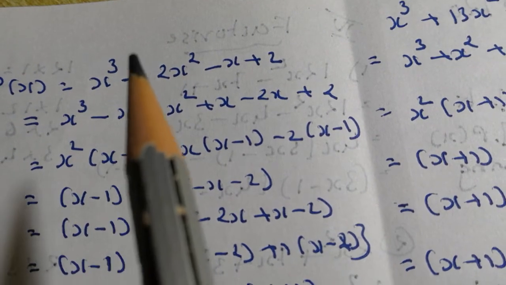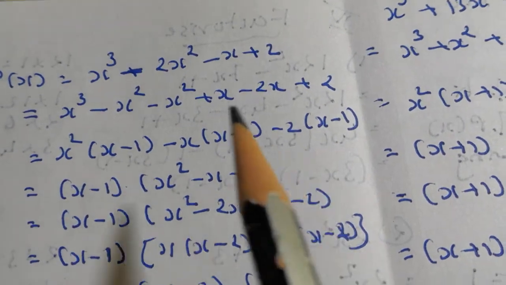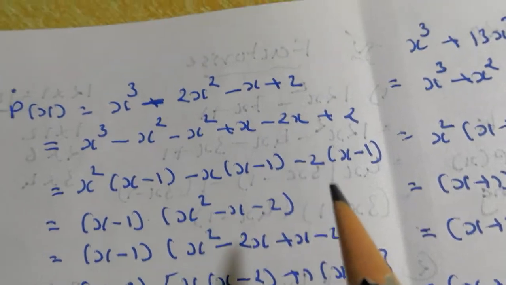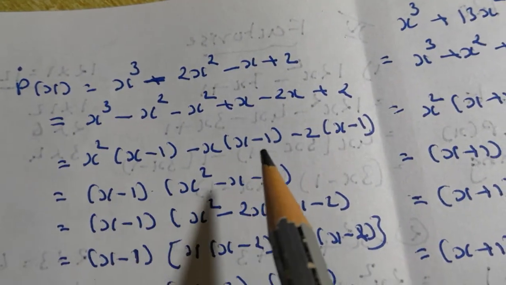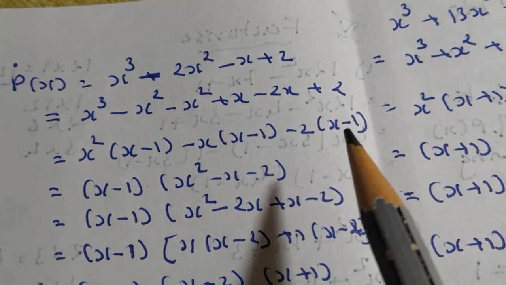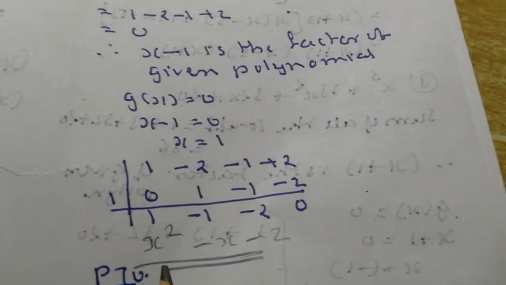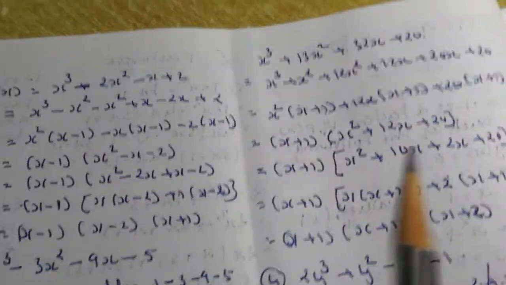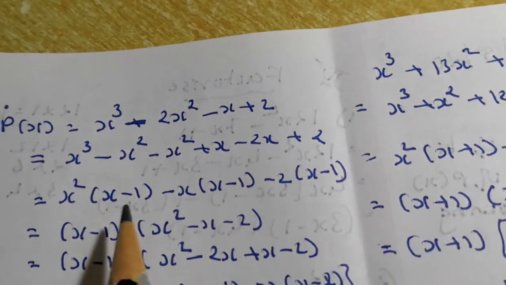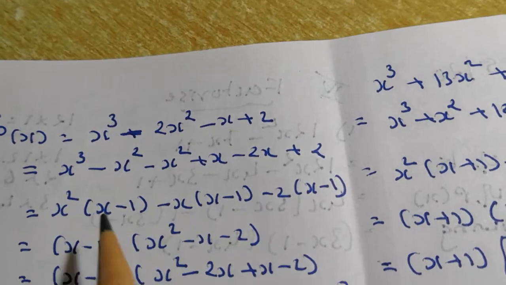Okay, as there were 4 terms, I have to write it 3 times. If there are 5 terms, you have to write it 4 times. So x minus 1 into x minus 1 into x minus 1. Before, I have shown you, I have written over here x square minus x minus 2. So I am going to multiply this bracket by that number, that is x square minus x minus 2.